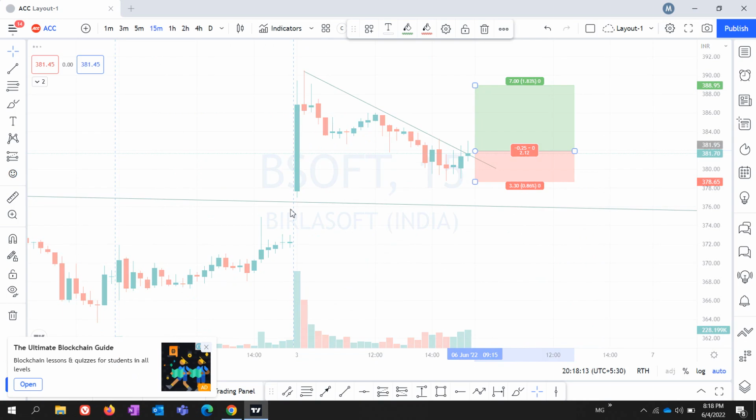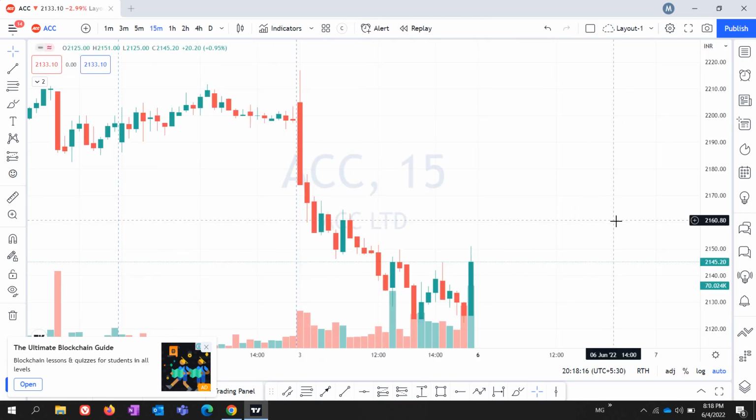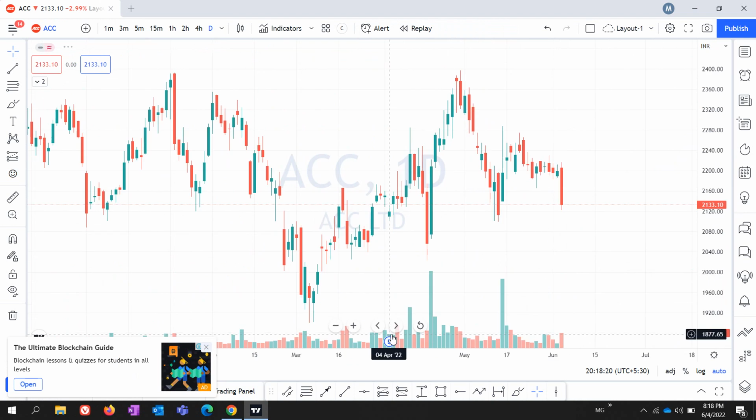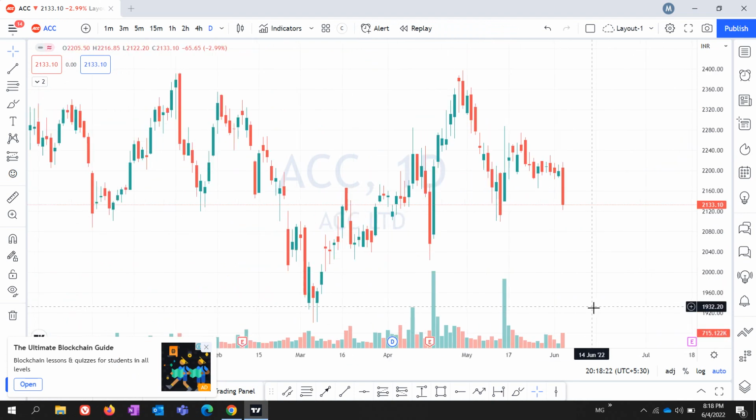So scanner is one part. The second part is we will be checking the stock over here on the daily time frame. Let's just go and check what is happening with ACC Cement. So if you see, the stock has closed at 2133. Towards the closing of the session, you will find that this stock is really making a large bearish